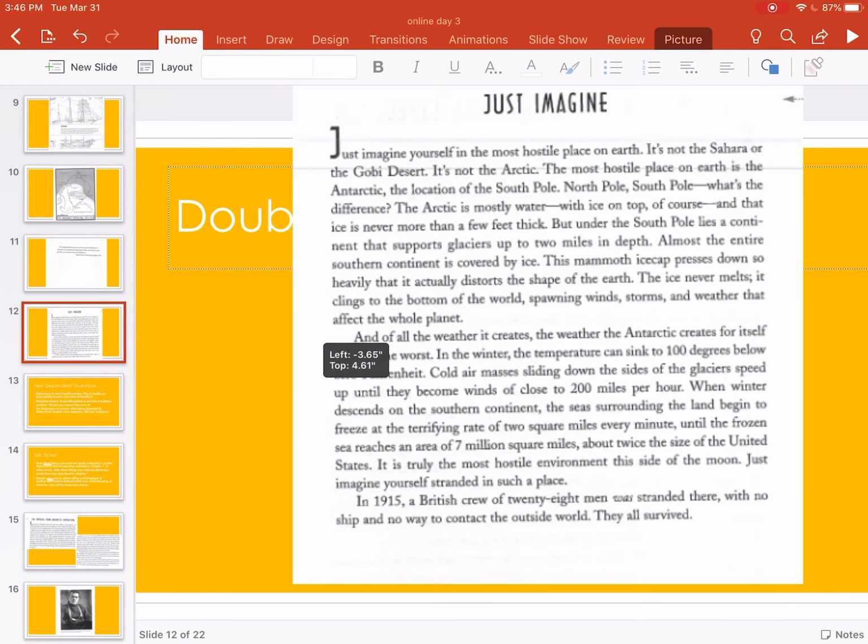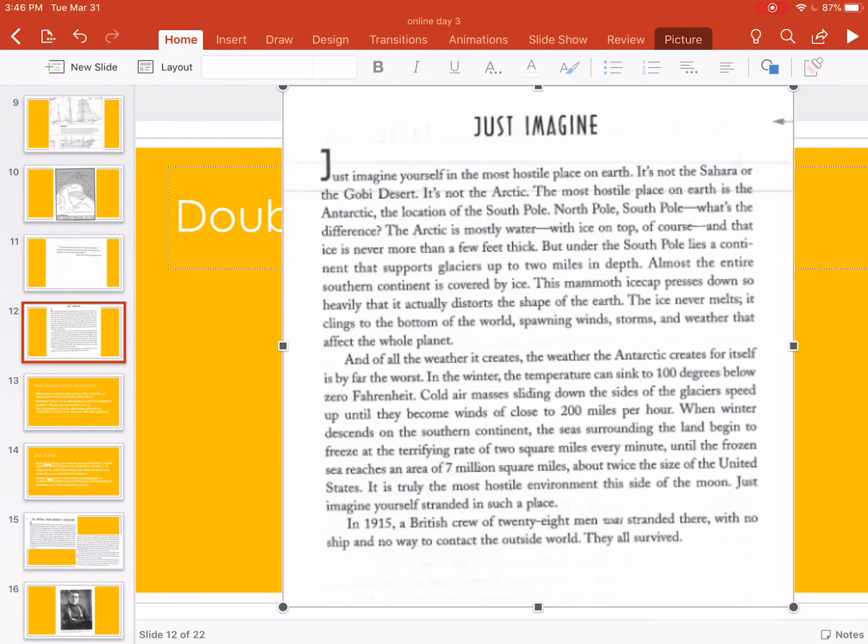This mammoth ice cap presses down so heavily that it actually distorts the shape of the Earth. The ice never melts. It clings to the bottom of the world, spawning winds, storms, and weather that affects the whole planet. And of all the weather it creates, the weather that Antarctica creates for itself is by far the worst. In the winter, the temperature can sink to 100 degrees below 0 Fahrenheit. Cold air masses sliding down the sides of the glaciers speed up until they become winds of close to 200